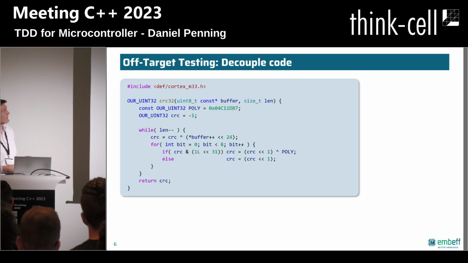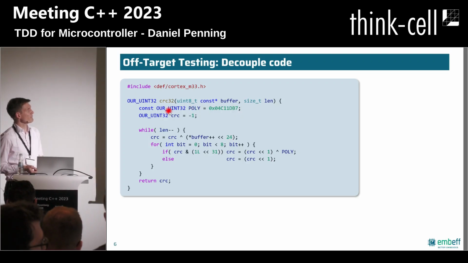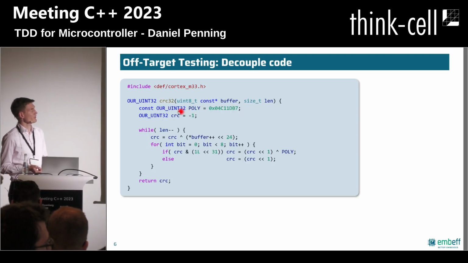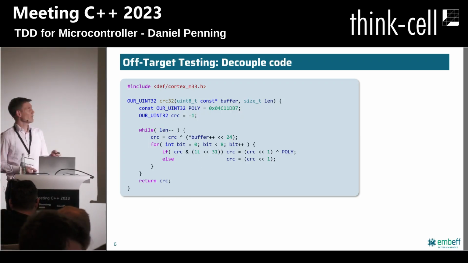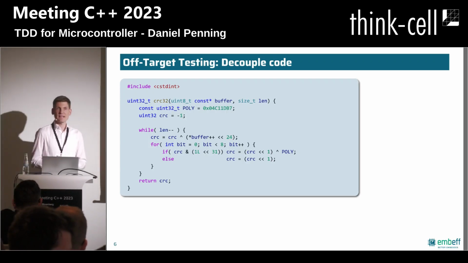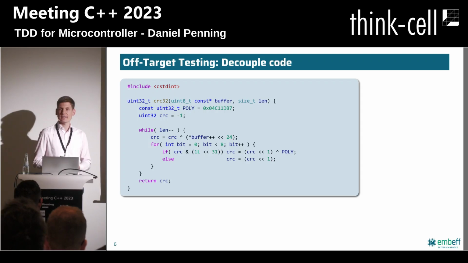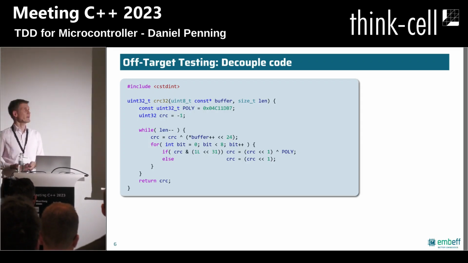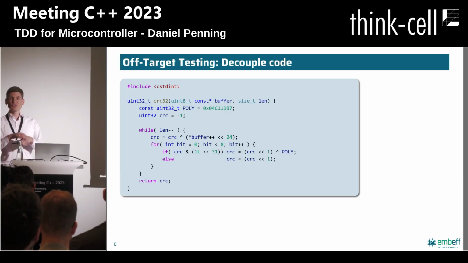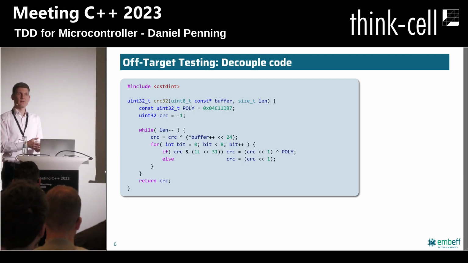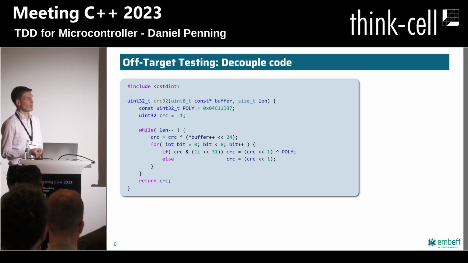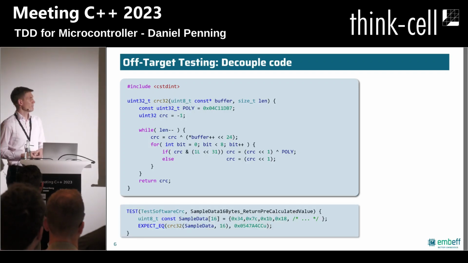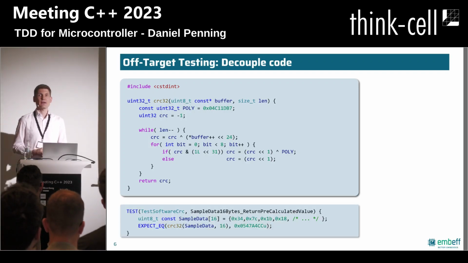Fortunately, if you take a detailed look at the function, this header in this case is only used for some custom 32-bit definitions. And that means we can decouple this code. We can say, oh, since C++11, we have this standard header stdint, and a 32-bit value is in the standard. So the code can be generalized to make use of the standard header. And now it will behave the same on the target, but we can also run it on our PC. And this is great, because off-target testing is the fastest way to develop and test code.